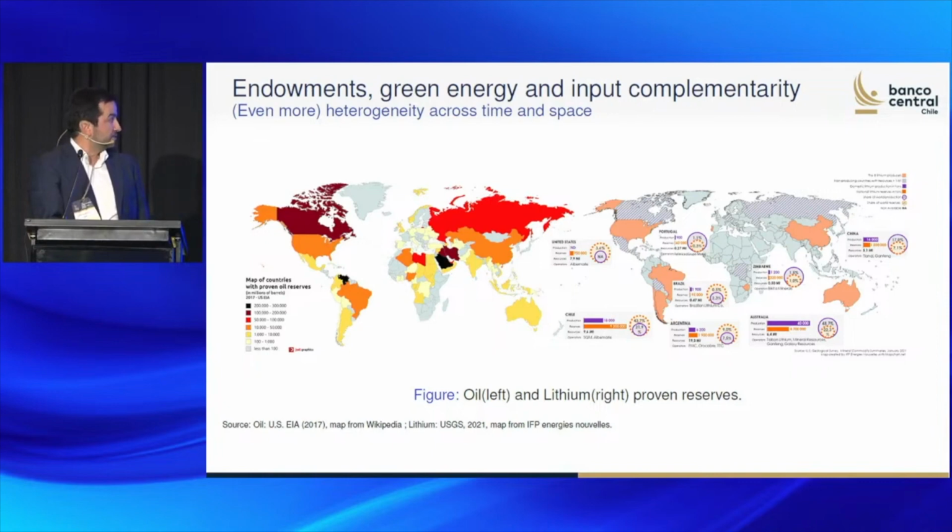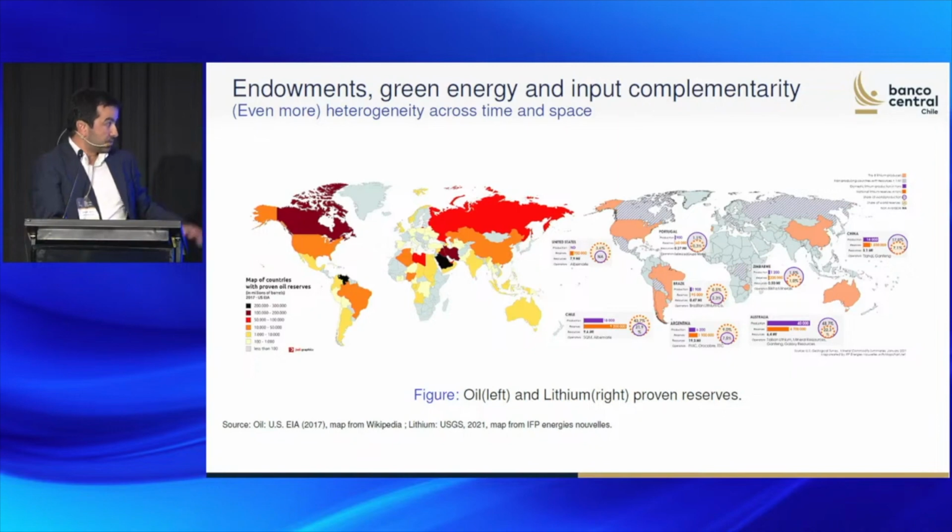And then you see Venezuela, it's the opposite. You have a black dot at the north of South America. They have a lot of oil, but if you see the right plot, they have no lithium. So for them, it's probably a really painful transition to green energy, where they're going to have to import a lot, and probably don't have much to do with their exports. And that could, of course, change our assessment of who are the winners and who are the